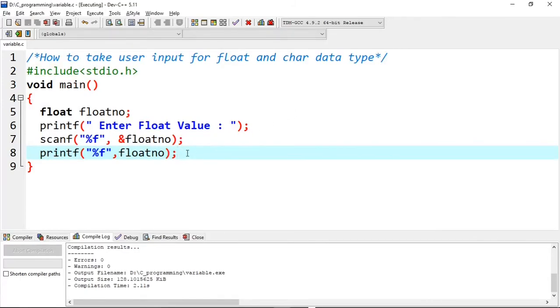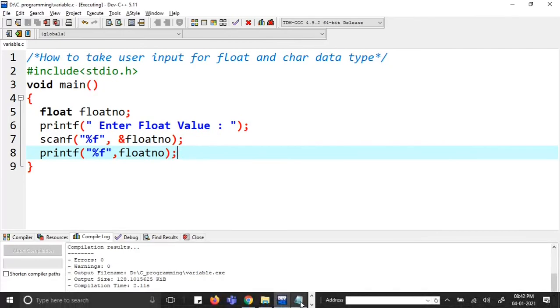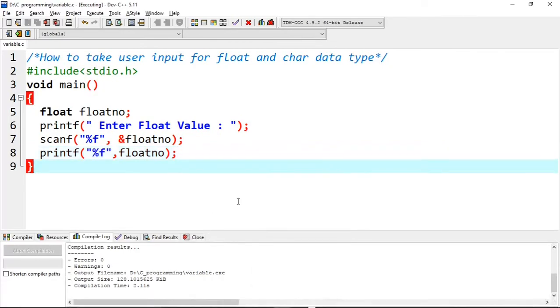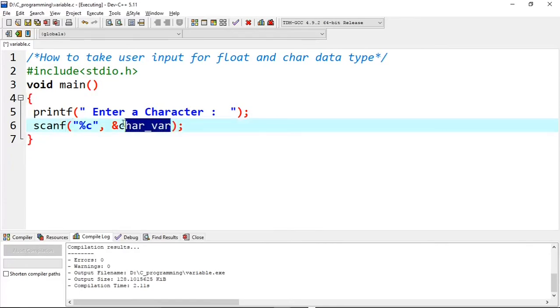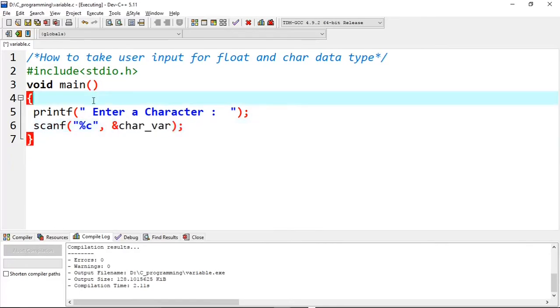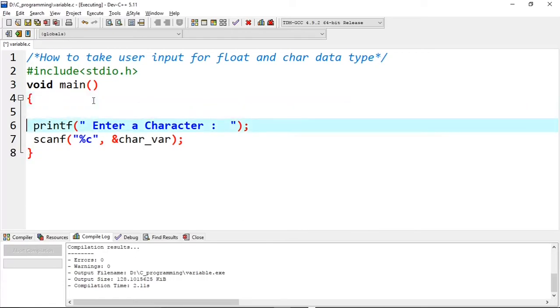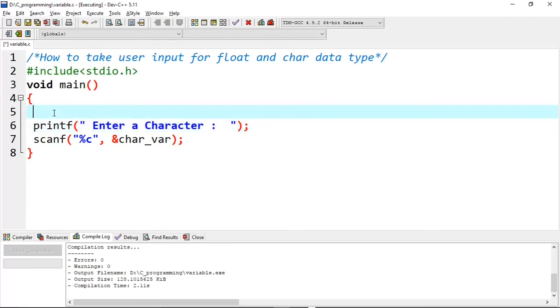Next I'm going to show you how to take input from the user using characters. Now we are going to see how to take a character variable from the user and finally print it.